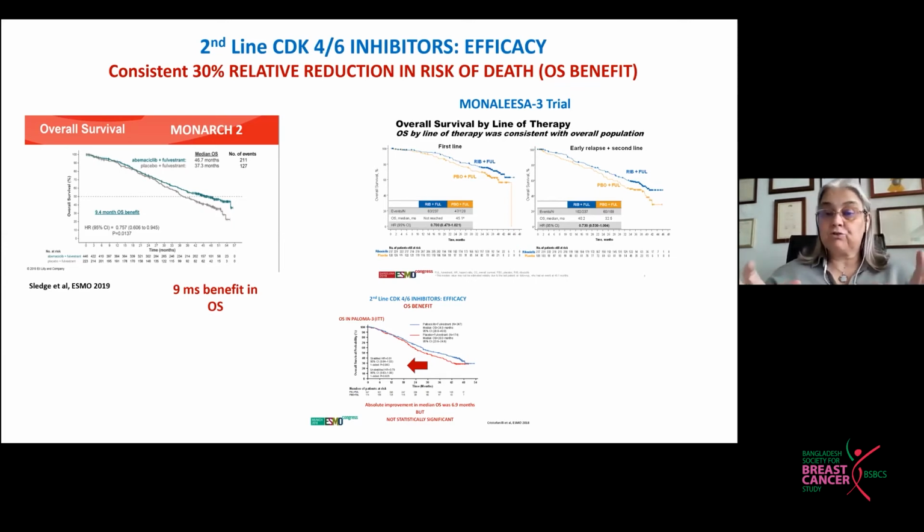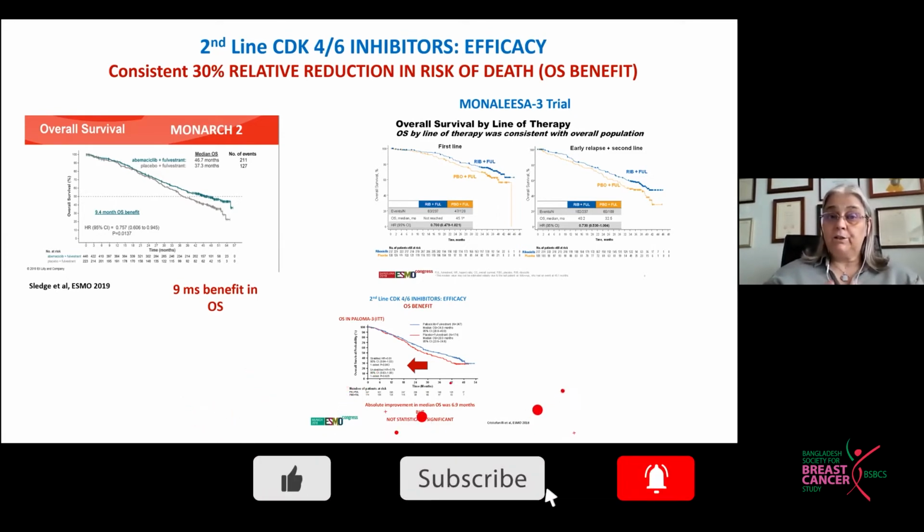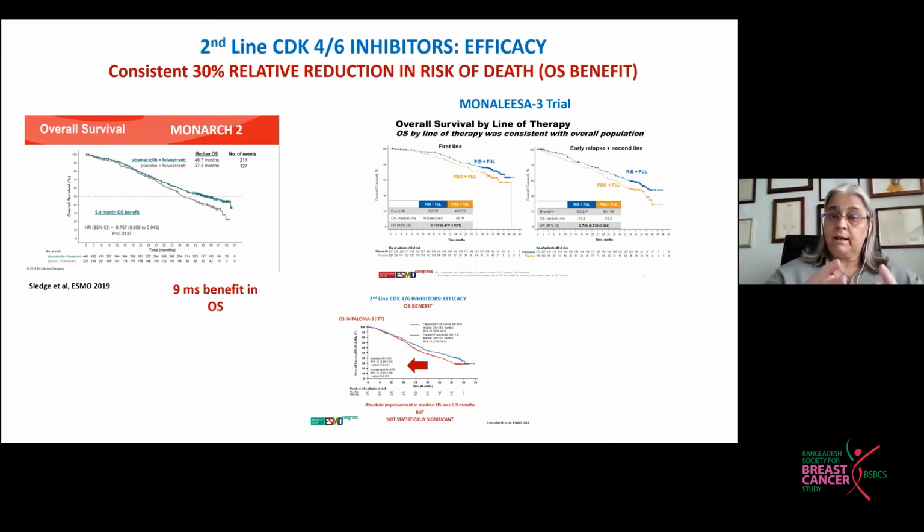This was stronger with abemaciclib and ribociclib, not so much with palbociclib, but probably because the trial, the PALOMA-3 trial, was not sufficiently powered to detect a statistically significant difference. Again, no chemotherapy in second line provides such an overall survival benefit. In terms of quality of life, the same conclusion. It either improves or does not have a negative